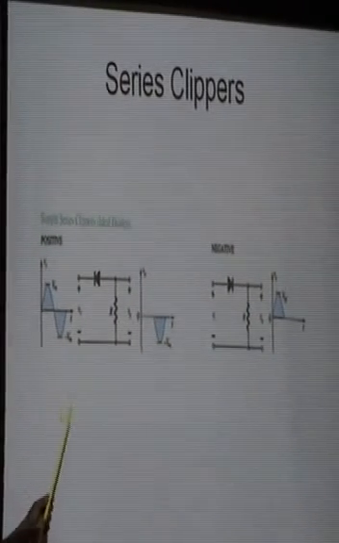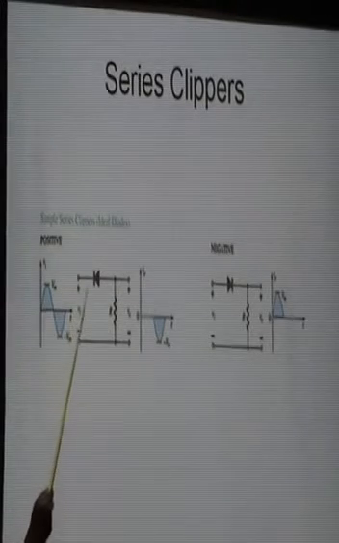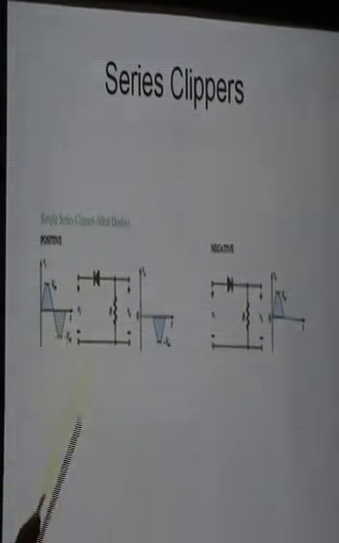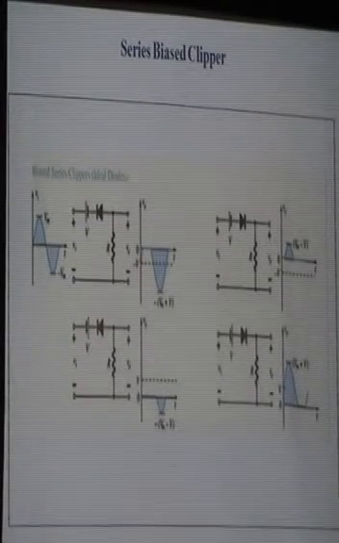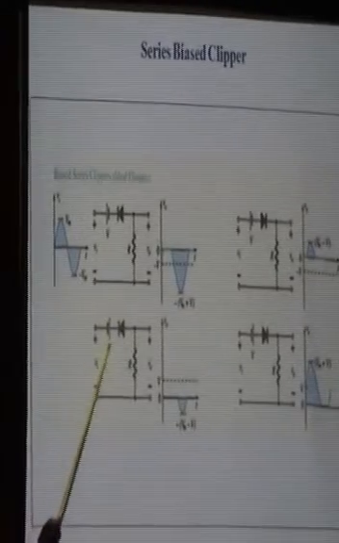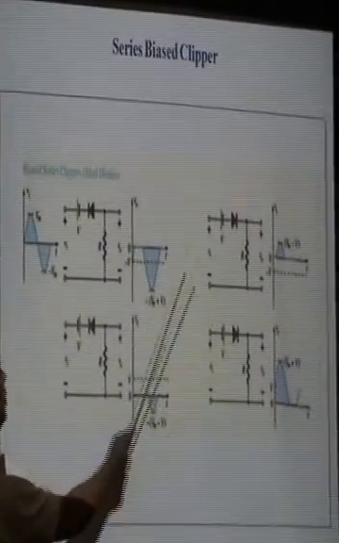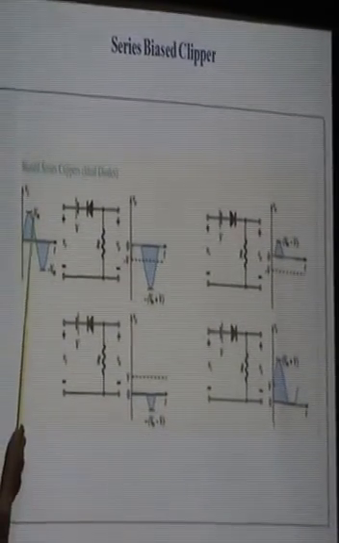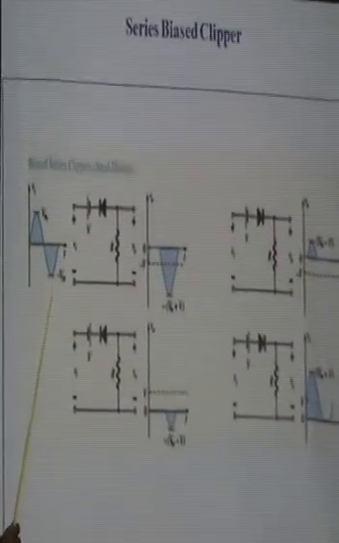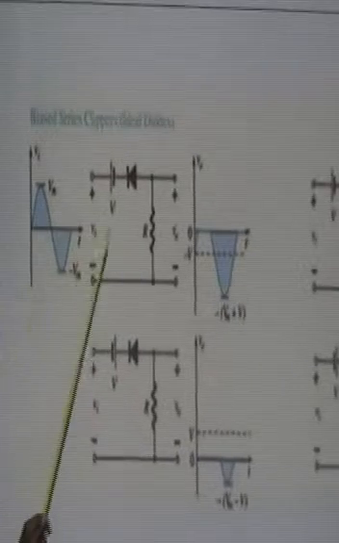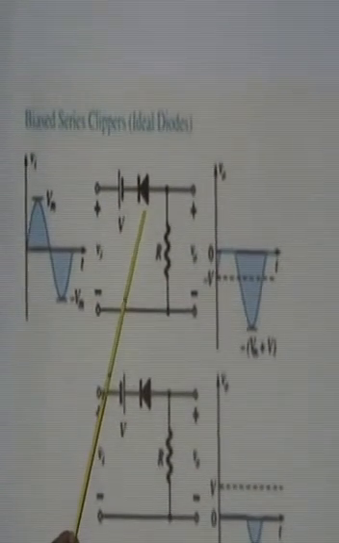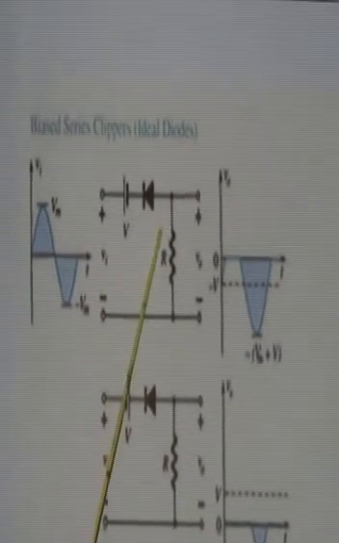Now, one of the variation parameters is what happens if we attach batteries along with these directions. So, these are the biased series clippers. We find that each circuit has its own battery with a voltage V, while the voltage at the input terminal is Vm or minus Vm at the positive and negative phase respectively. So for this waveform, first you have to find out whether the battery supports the diode conduction or the battery opposes the conduction of the diode.